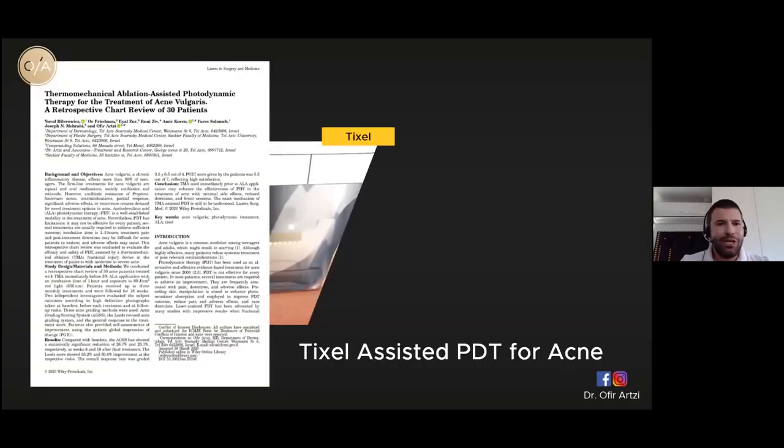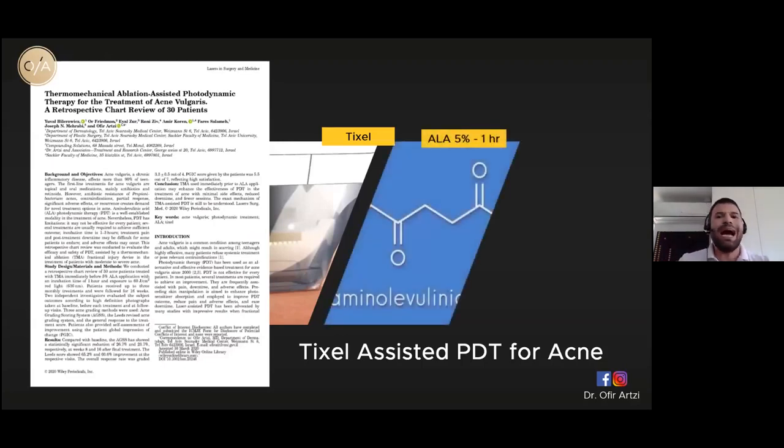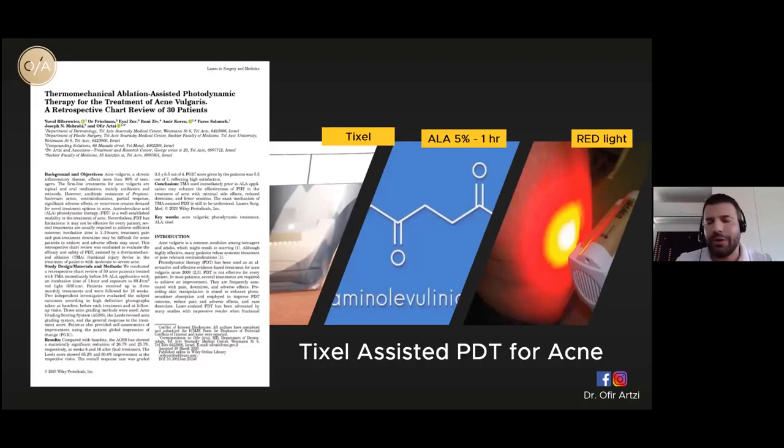Based on this study, we performed a study. This is a retrospective chart review of 30 patients. It was published a few days ago. We perform for our acne vulgaris patients the same protocol. We do Tixel, followed by ALA 5%, 1 hour incubation, and red light. We use the Omnilux